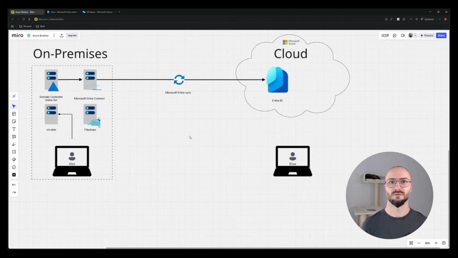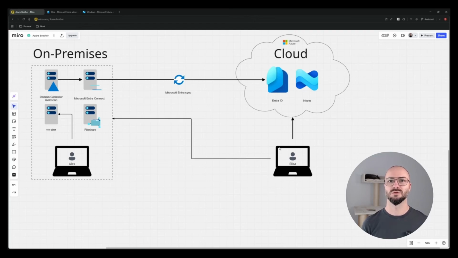But Elisa, who works from home, has been given a laptop, and when she opened the lid, she started the enrollment process using Autopilot. So registering the device with Entra ID using Autopilot, which is a capability that we configured via Intune, our MDM solution. So now Elisa's laptop is joined to the cloud. It's an Entra-joined device, registered in Intune, and we have enabled as well a capability called Cloud Trust, which basically